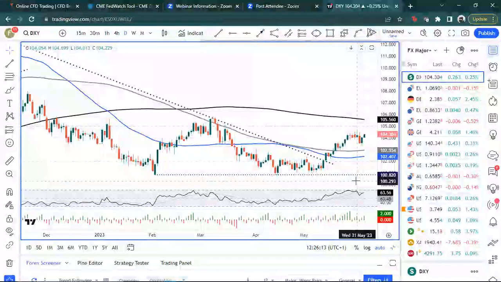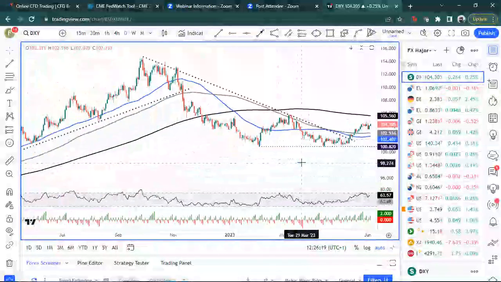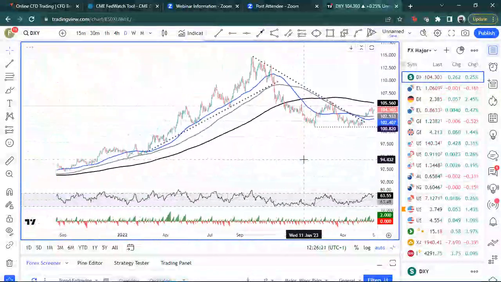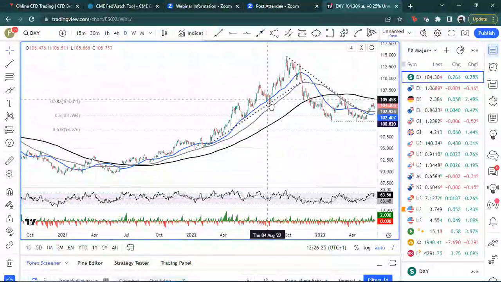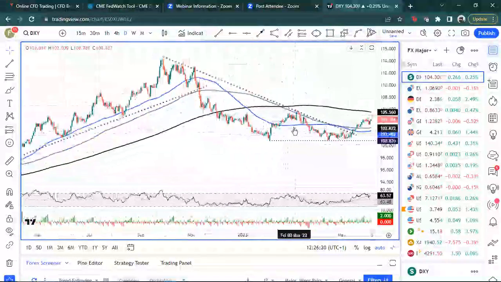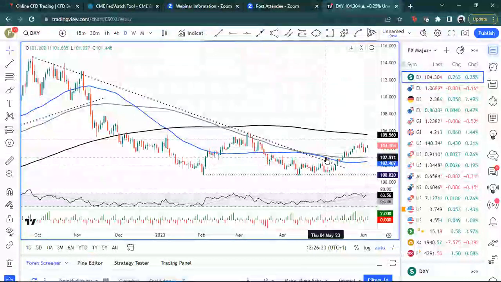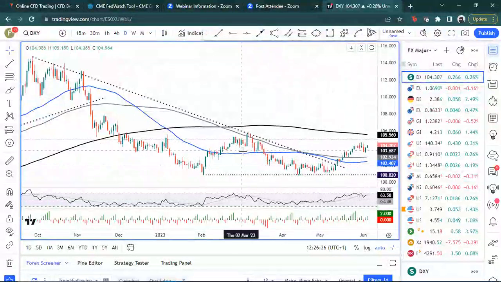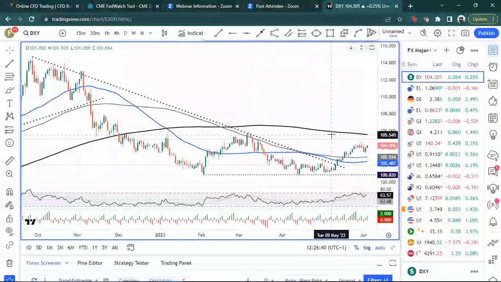Key initial resistance is last week's low at 104.69. If we do break above that, pulling this back, we've got a long-term fib level at 105.01, you can see. And then potentially the thick black line acting as resistance at 105.56 if we do break above that. That probably tallies with the level there, 105.88 or so.